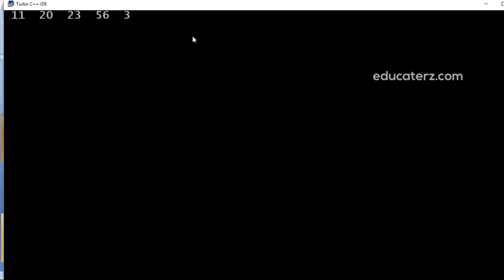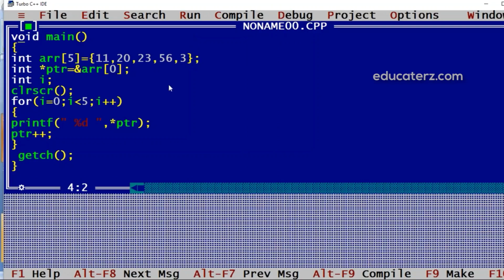If I execute it, we can see that the array is displayed over here. Now if we want to display the address also, we can have the value, and then address equal to %u. Now this address will be stored in ptr. So if I execute this now,